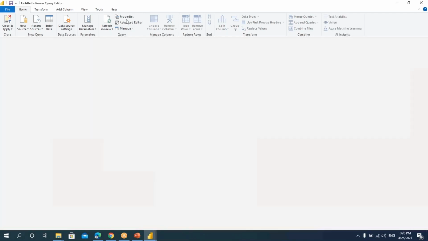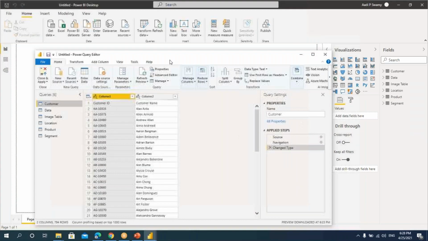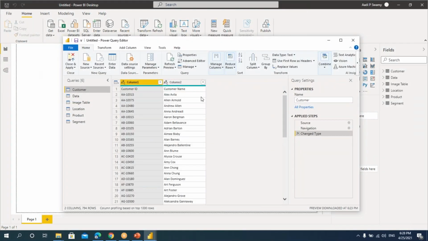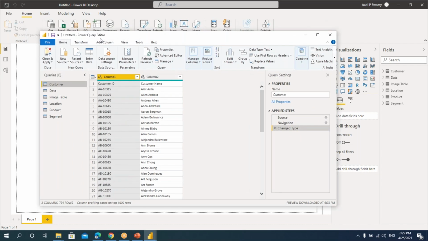I can see that I'll get a different window here. If you see here, this is completely a different window. This is the desktop. This is the transform data window. This is called Power Query Editor. So this window, as I mentioned, is a Power Query Editor. Here in this window, we can modify our data. That is, we can change, we can transform our data. There are various things we can do in this according to my requirement.